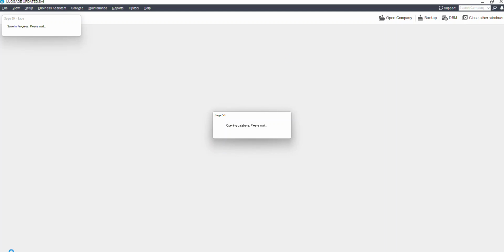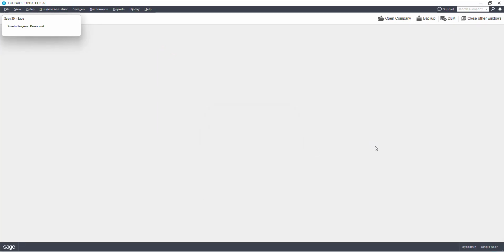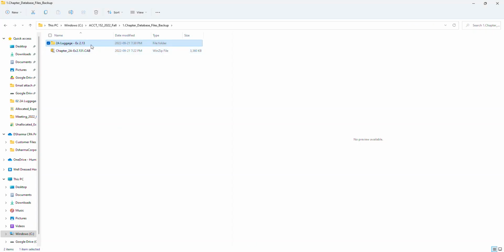It's a little bit of a longer process and obviously takes more space on your computer as well, but this way at least you have a full backup. You don't need to restore. All you need to do is just copy that file and move it to wherever you want. Okay, now if you see here, this has a copy of exactly what you have on the other computer,